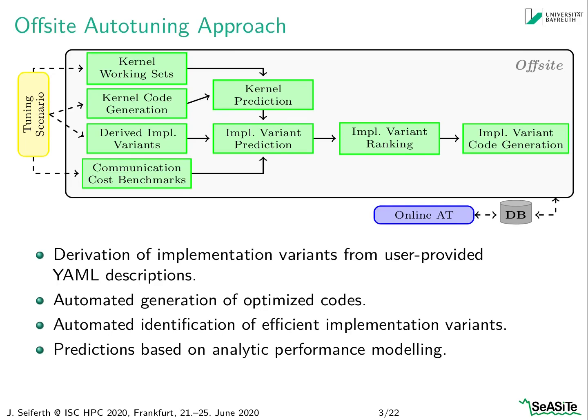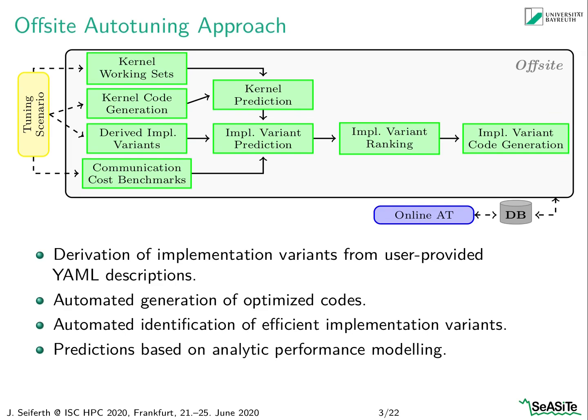Once all kernel predictions have been computed, the performance of an implementation variant can be derived by combining the predictions of its kernels and adding an estimate of its synchronization costs. Offsite automatically identifies all required communication operations from the given tuning scenario information and launches the execution of appropriate communication cost benchmarks. Once implementation variant predictions are available for all implementation variants, variants are ranked by their performance to identify